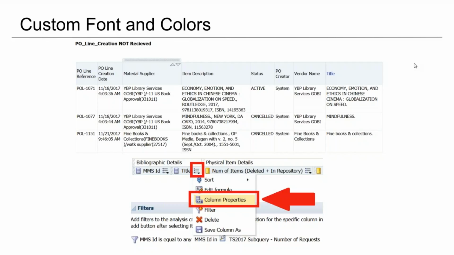So I ran a report up here, the PO line creation not received report. There's a lot of data across it here. In some cases, some of the cells are very content dense. So what you can do is pick your column. In this case, I want to change the item description here, and I want to modify that a